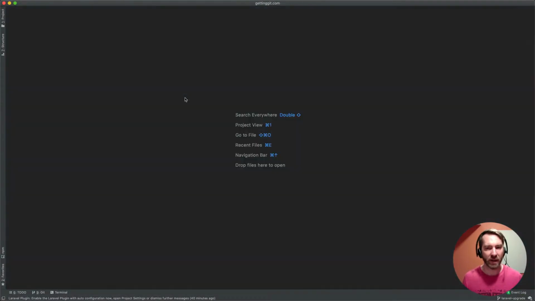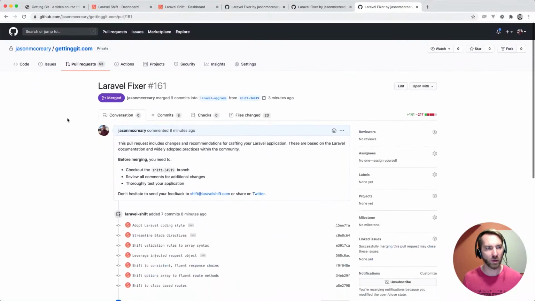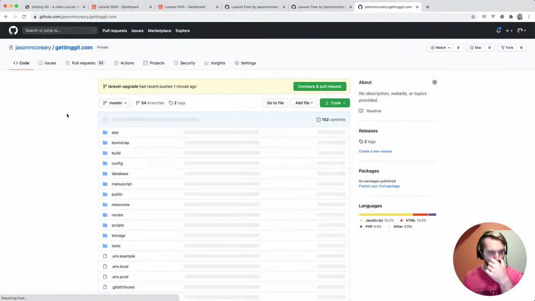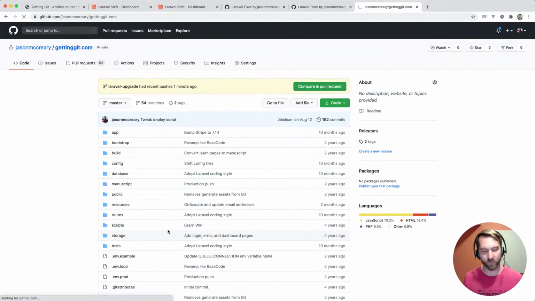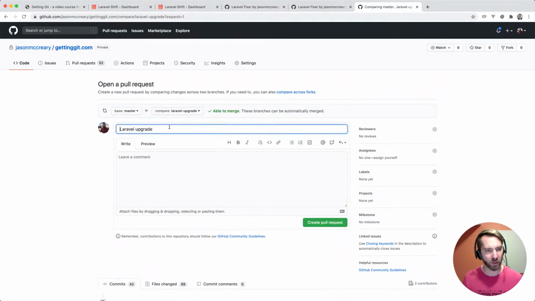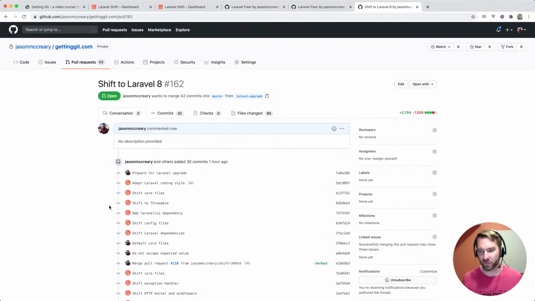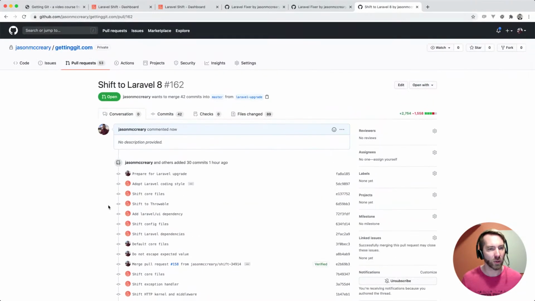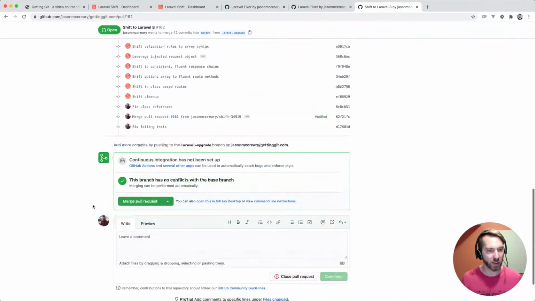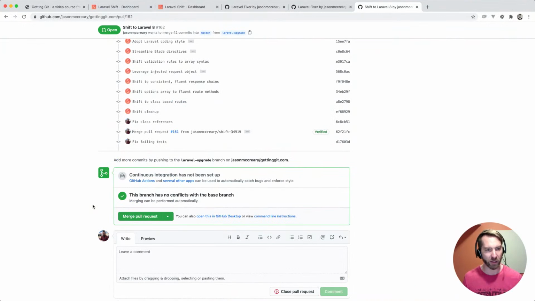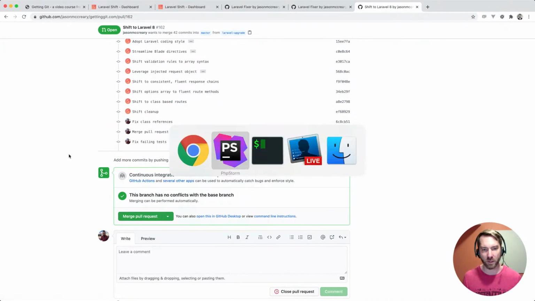Okay, let's close all this down, and let's go make a proper pull request for this Laravel upgrade. All right, we're going to pull it into this, so we'll do laravel-upgrade. Let's call this "Shift to Laravel 8". And let's create this pull request. There is no shift for that. Cool. Okay, so this, of course, is ready to merge, but let's take the opportunity to finish this live stream